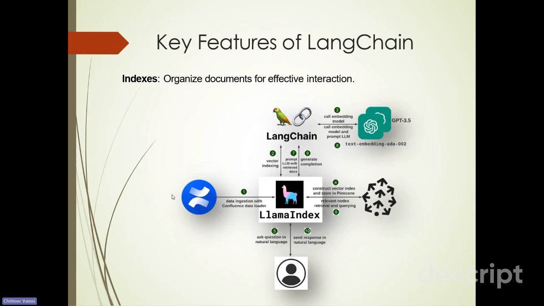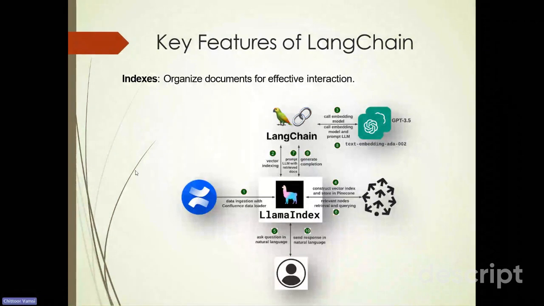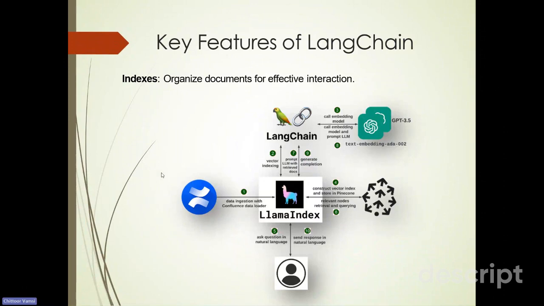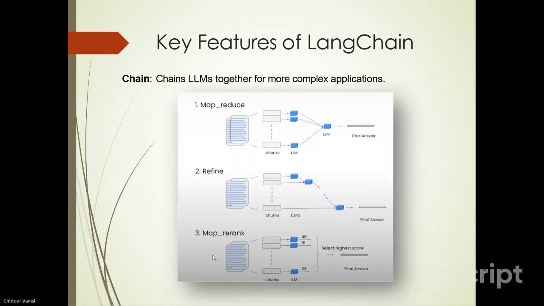So this gives you a simple workflow. You can see data ingestion. It's going to be ingested and stored in the vector database with indexes created. And then whenever you ask your question, it's quite easy. The LLM is going to work together with LangChain to retrieve the relevant documents. Without indexes you can also do the task, but indexes simply make your retrieval process faster, right? As simple as that. And then, as I said, the key features of LangChain.